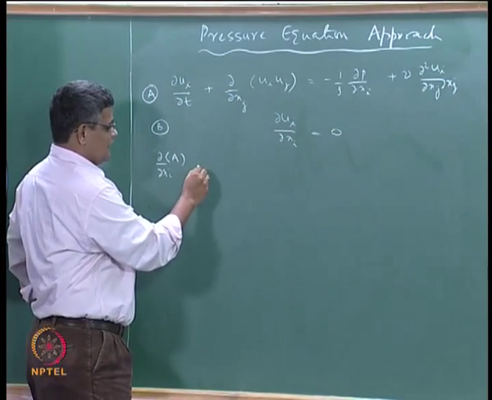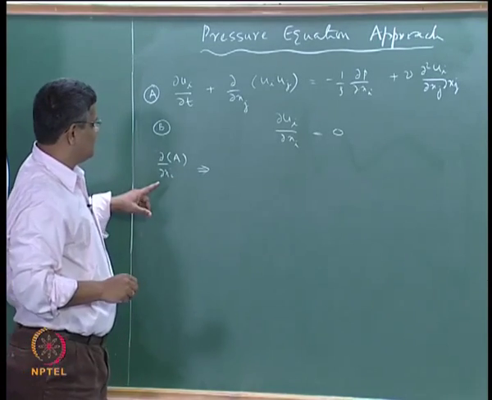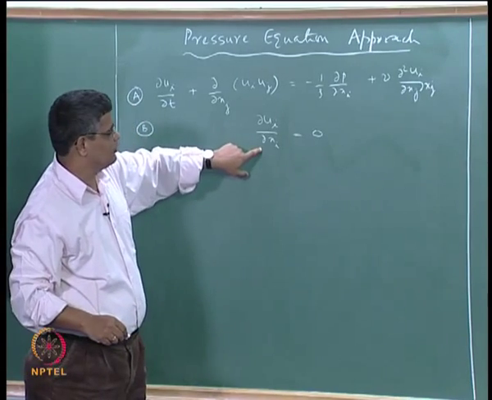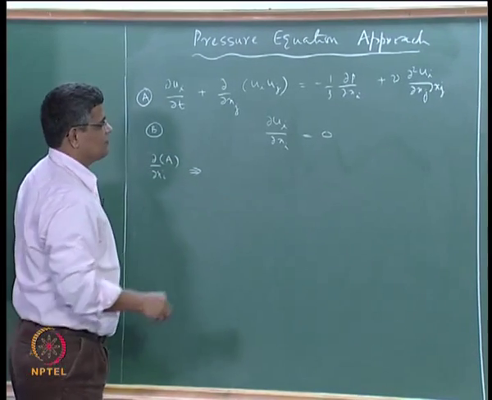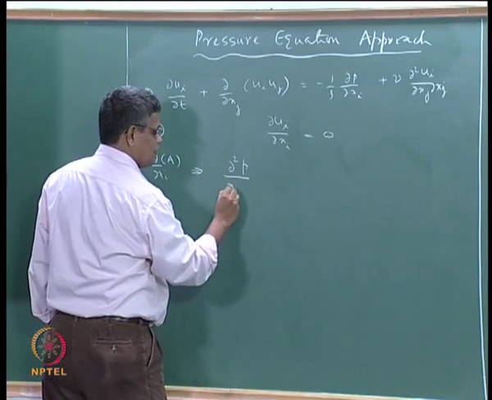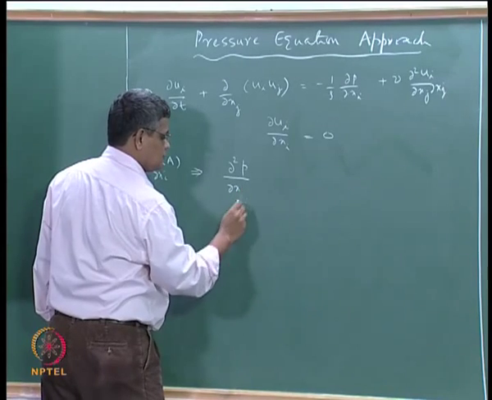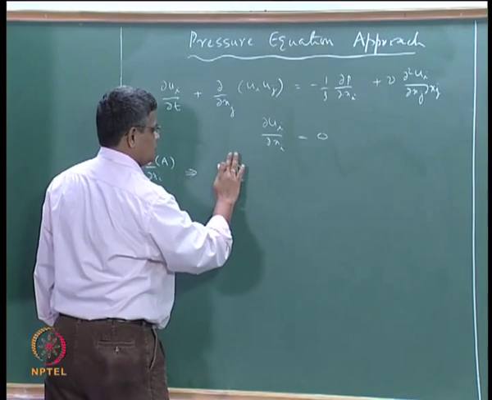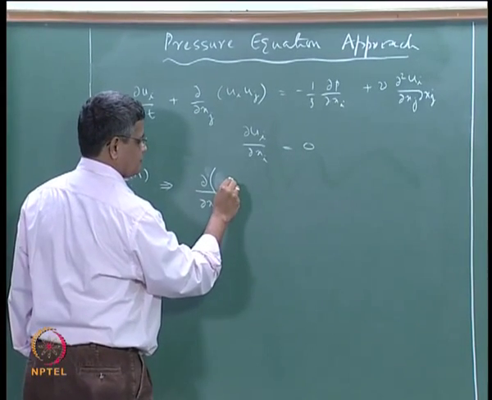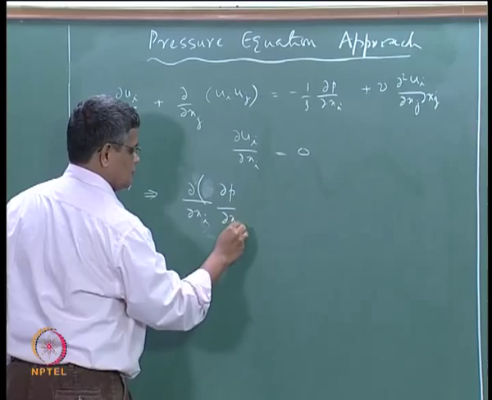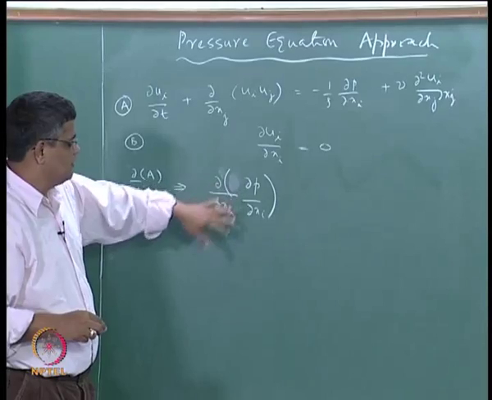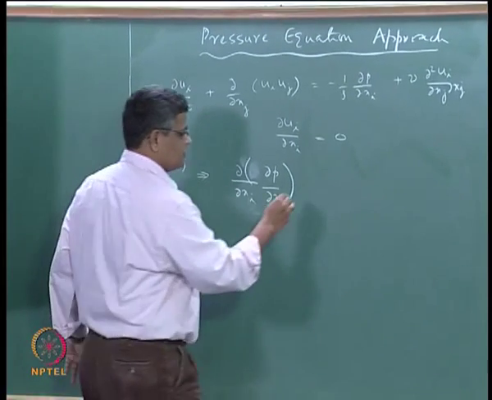We can show that in this particular case, when we take the divergence for incompressible flow with constant properties and with the continuity equation, we can get an expression for the pressure. Essentially this is nothing but the Laplacian of the pressure. So this is equal to